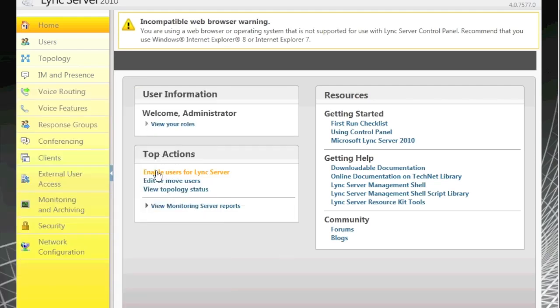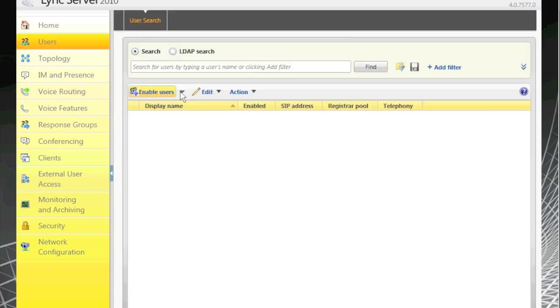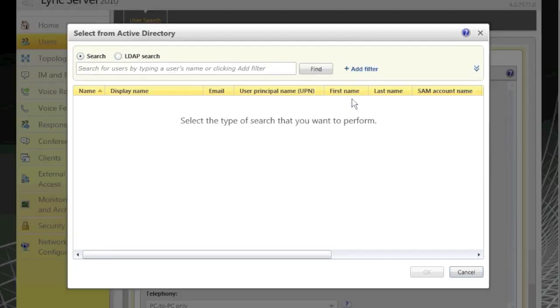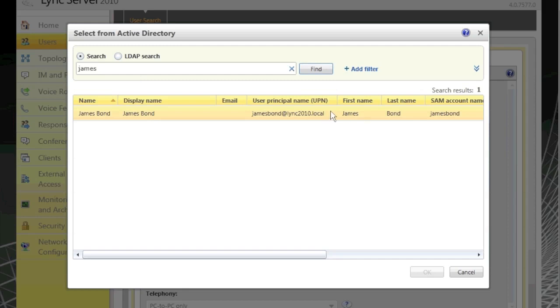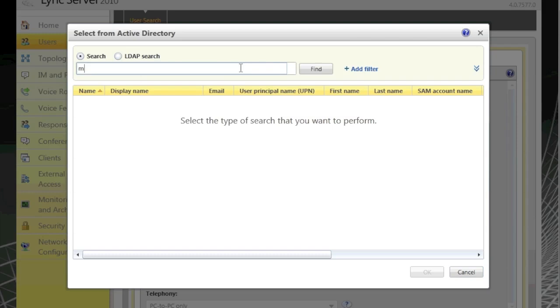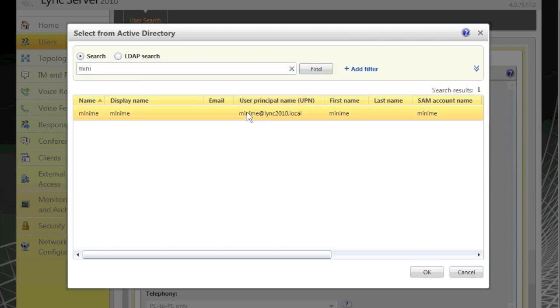All right, enable users for Lync. You can click here, or you can come over here. It'll take you to the same place. We're going to click on Enable Users. Here, we'll go ahead and add the users we want the client or the SIP to be enabled for. We'll do a search for James. There we go, James Bond. You've got to make sure that the user has a first and last name, or else it's not going to accept it. So we'll go ahead and double click this, and we'll search for Mini-Me. There we go. We'll double click this,